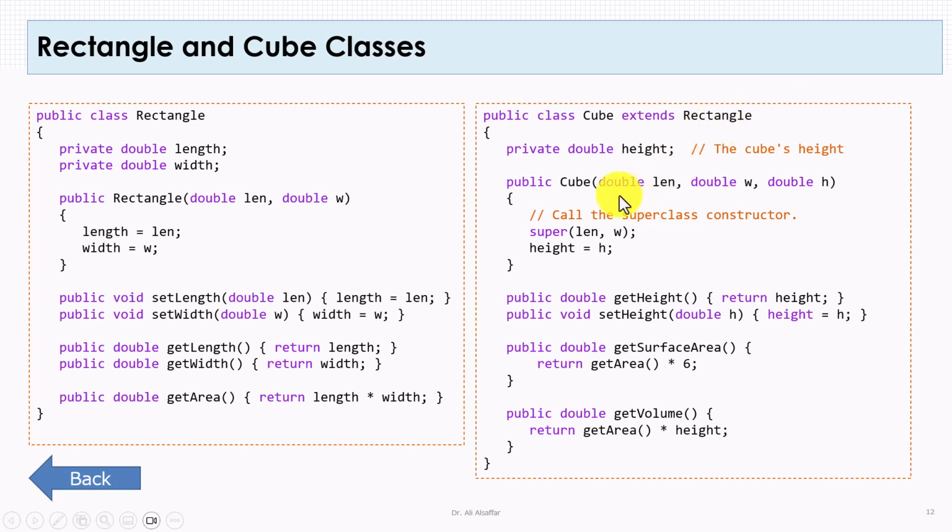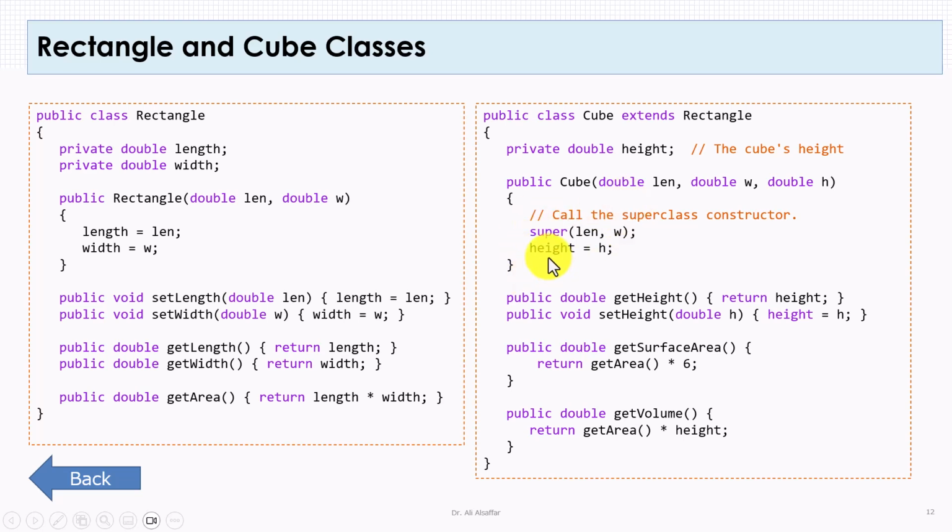Now the subclass, on the other hand, extends the rectangular class. Notice that we're assuming that we are writing a class for a cube. And you know for a cube that the length, width and height all should have the same size. But here we did not put this enforcement in the constructor. We want to make our class simple. So the constructor will first call the superclass's constructor by initializing length and width, and then will initialize its own